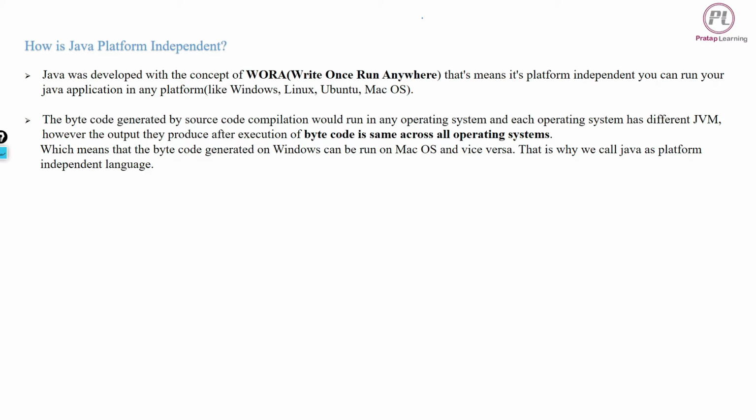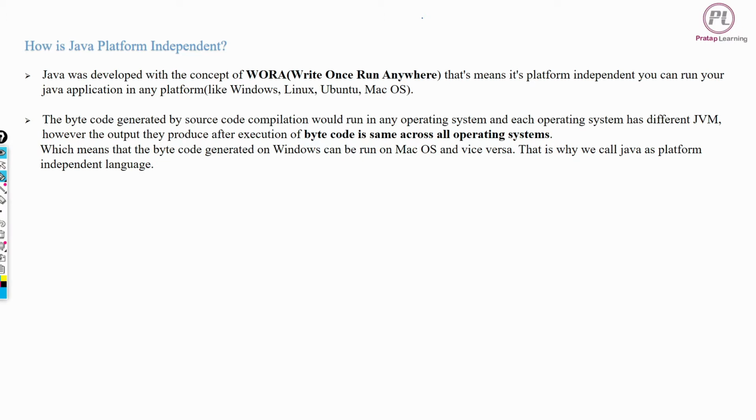However, the output they produce after execution of byte code is the same across all operating systems. This means that the byte code generated on Windows can be run on Mac OS and vice versa. That's why we call Java a platform independent language.